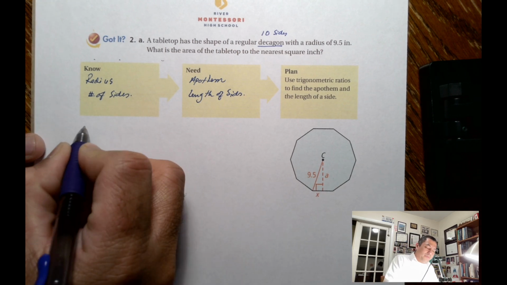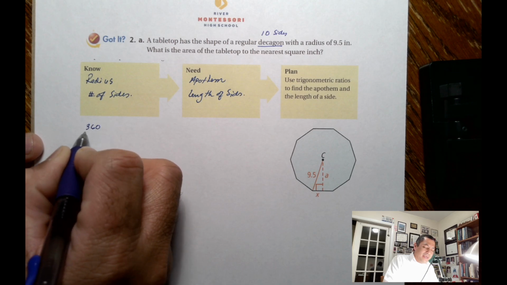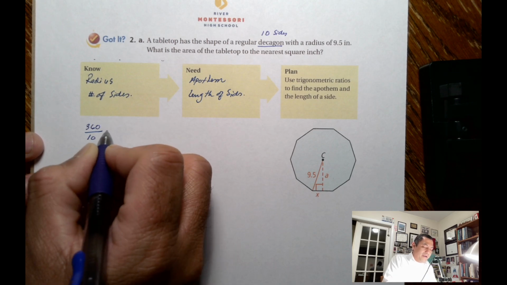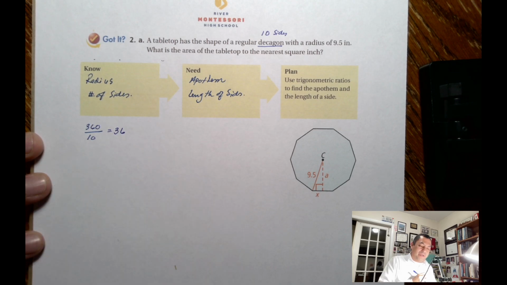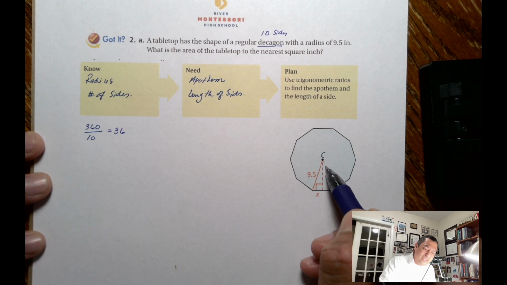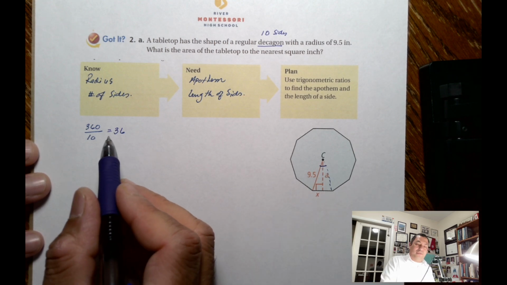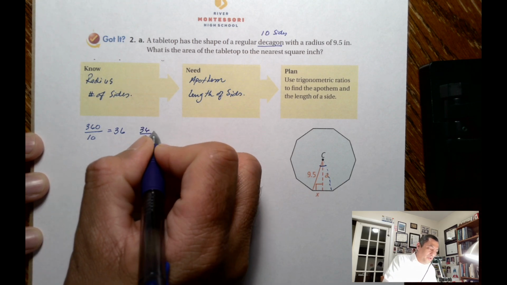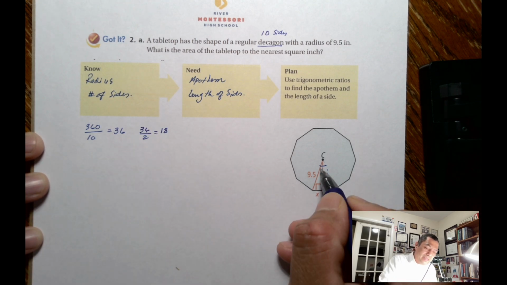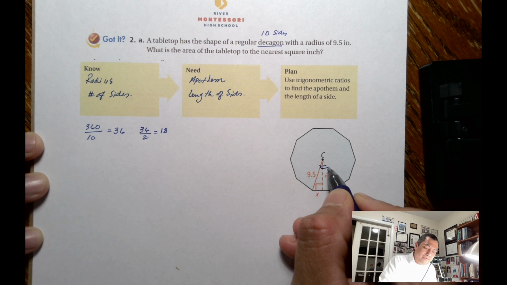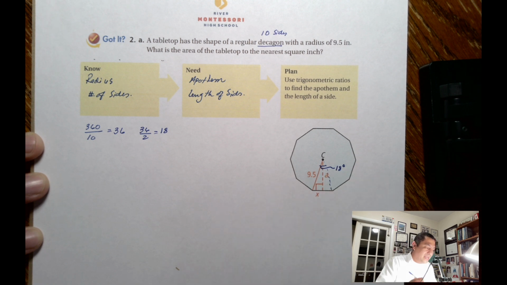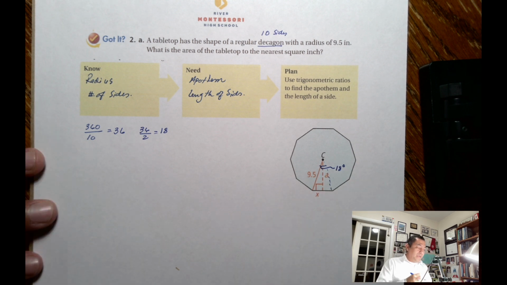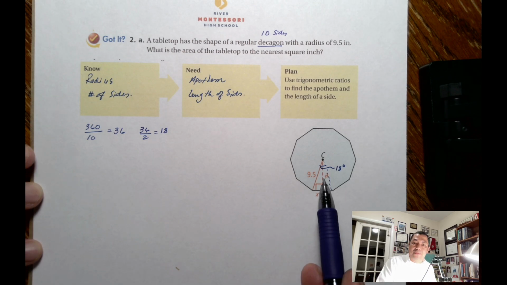Remember, I'm going to start first with 360 divided by 10, which is 36 degrees. So that means if I expand this triangle here, all this angle is 36 degrees. Now, 36 divided by 2 is equal to 18. So this angle here, only half, is 18 degrees. Okay. Now, remember, I need to find the value of the apothem and the value